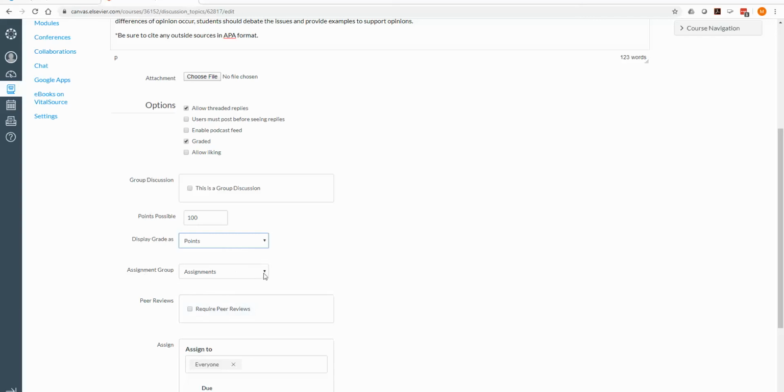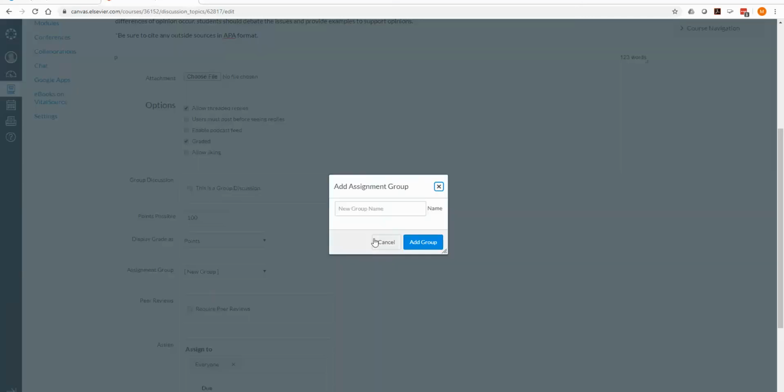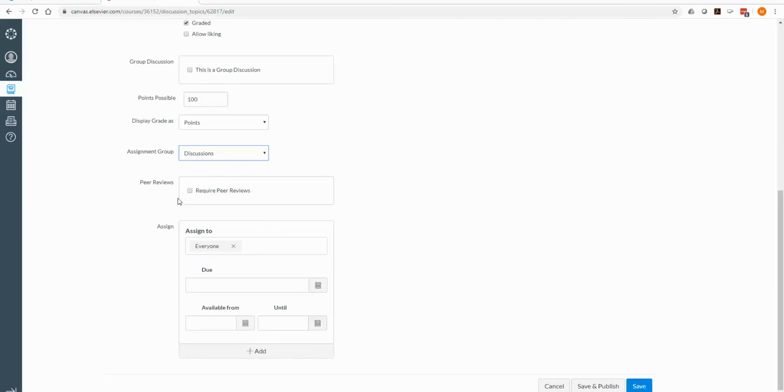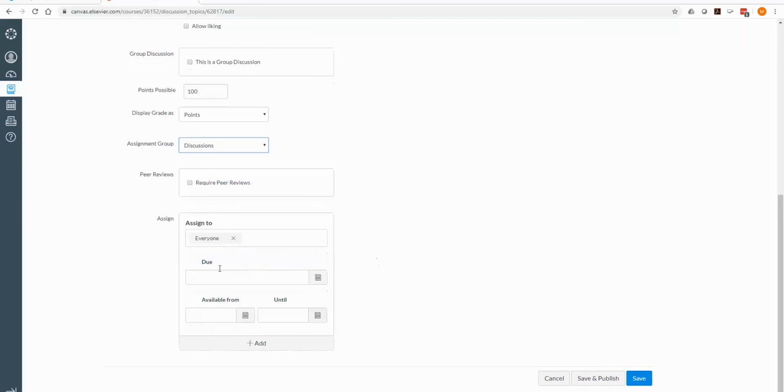For the assignment group, we'll want to create a new group. In this case, let's call it discussions and add that group. Now, whether you want to require peer review, where the other learners review each other's work, that's up to you. I would assign it to everyone, and then you may want to make this available on a certain date, say maybe the first day of the module,